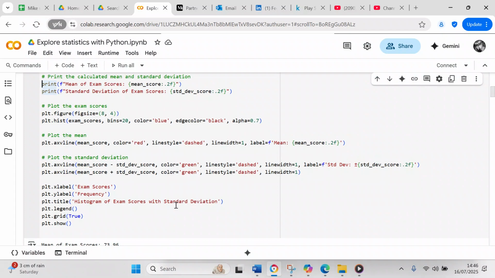And we're going to plot the exam scores on a graph. So we're going to set the figure size to 8,4. It could be 6,4 if you wanted. And then we're going to plot a histogram. plt.hist(exam_scores, bins=20, color='blue', edgecolor='black', alpha=0.7). And then we're going to plot the mean,